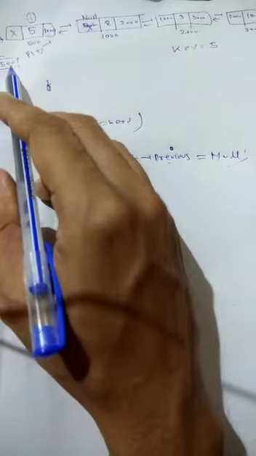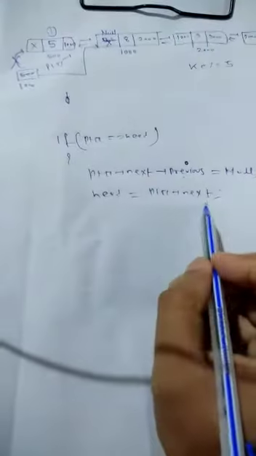Next what happened? Head. What will be stored in head? Head now stores this. Then you update the head. The ptr next, I am updating head equal to ptr next. So what is ptr next? 1000. That means this link will be disconnected, and here head will be updated to that ptr next. The ptr next value will be updated, and that means it will store the address of this node. Okay, head equal to ptr next.